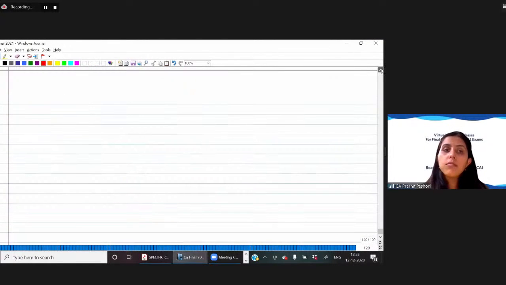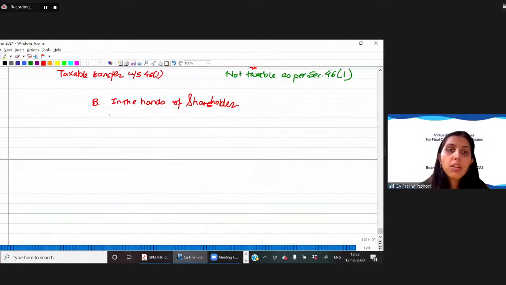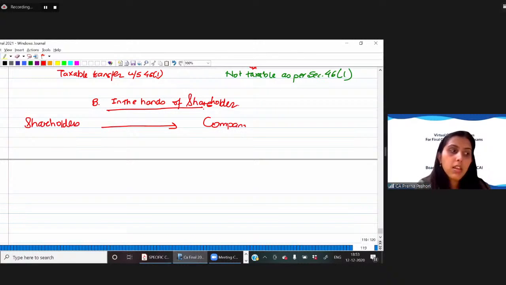So in the hands of the shareholders, what would they give to the company? They transfer the shares. On liquidation, the shareholders will give the shares and will receive